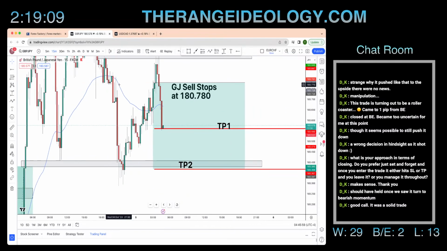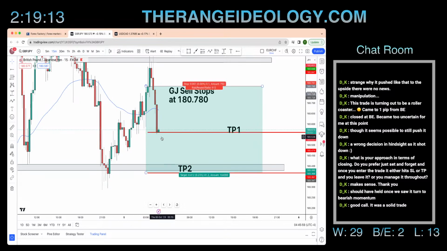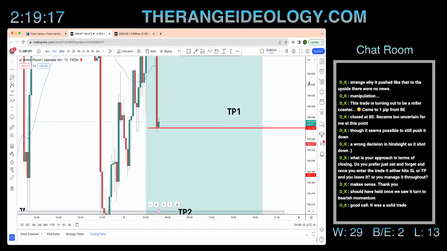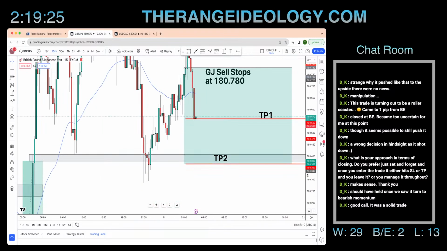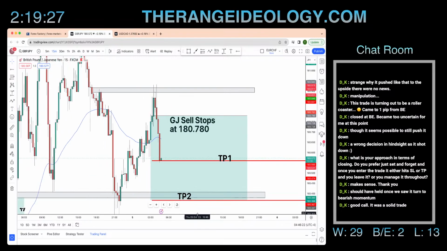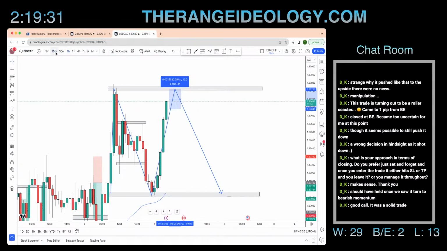All right, so the new 50-minute candle opened up on GJ, and it pretty much opened up right on top of our TP1 target, and is trying to push down. There's no wick on the bottom end, so we can certainly see it push down. So let's see on USD CAD. Oh wow, what a strong push. So again,